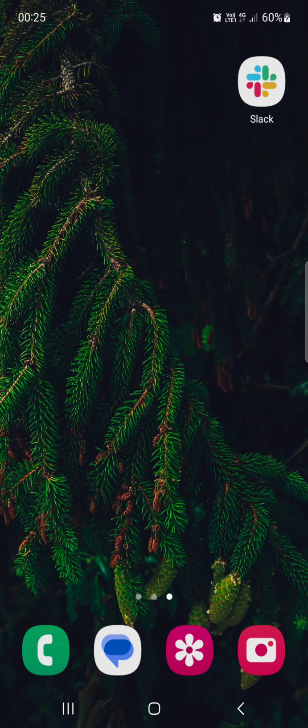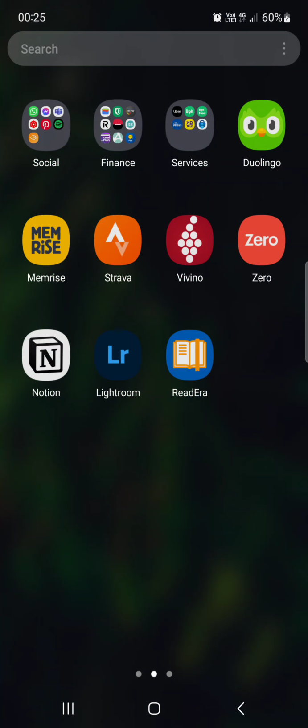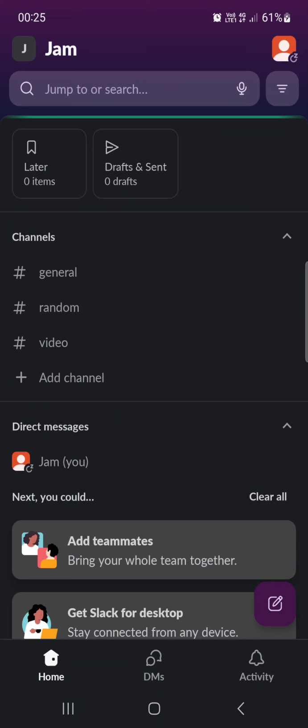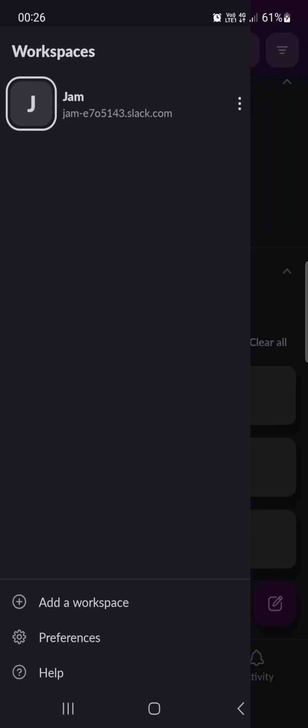So without further ado, let's just jump right into it. First we have to open up the Slack app, and here it opens up in the home menu where we have our channels, our direct messages, and teammates. From here we just swipe to the right and then select the workspace that we want to invite people to,